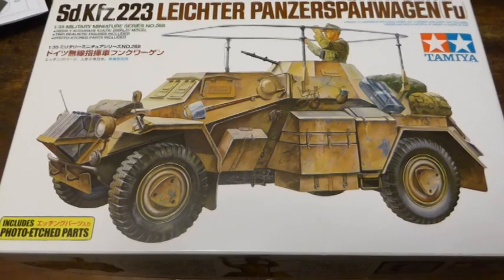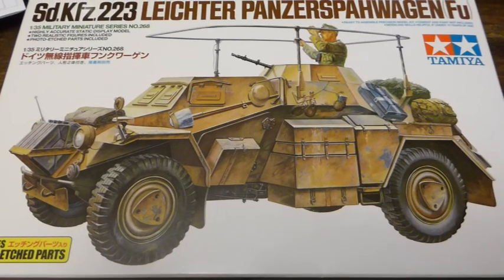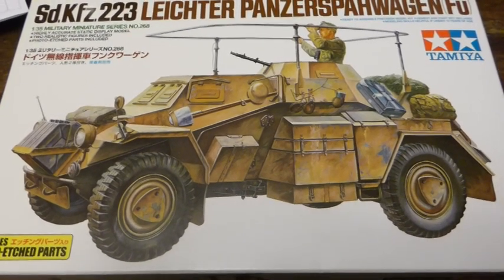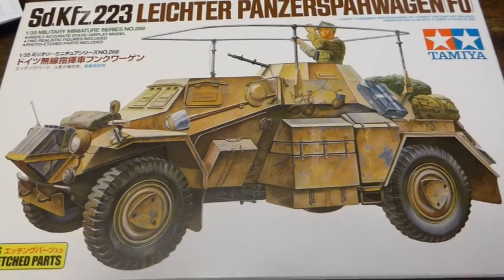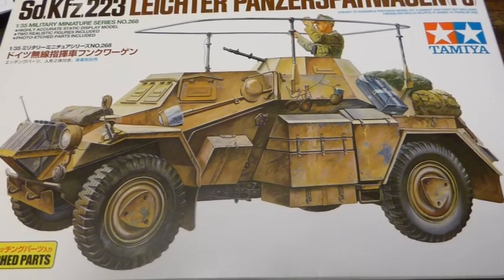Here we go, I've got one of these. I made one again as usual. I made one probably as a teenager, and I really enjoyed it. So this is a slightly different version. I do like this vehicle, and it seems a really interesting and novel series of solutions to a whole bunch